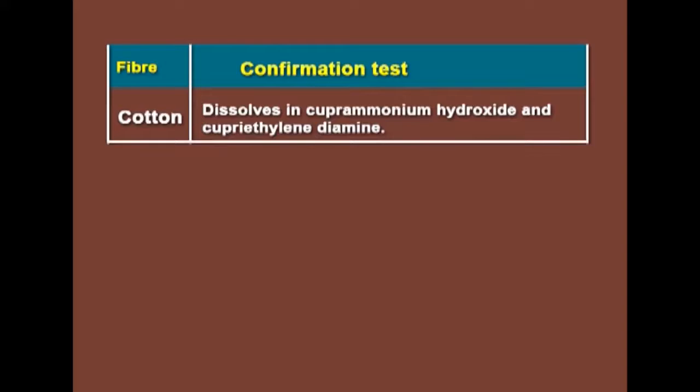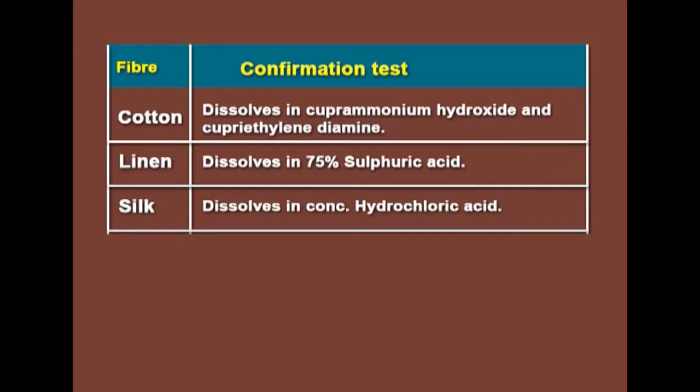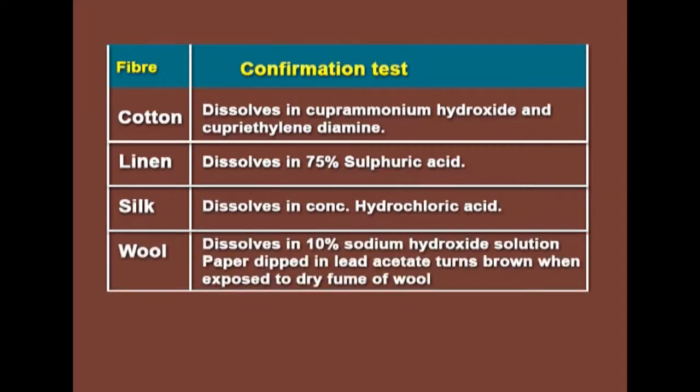the fiber. So, if we take cotton, cotton dissolves in cupra ammonium hydroxide and cuprethylene diamine, and linen fiber dissolves in 75% sulfuric acid. But cotton also dissolves in 75% sulfuric acid, but by other tests we can confirm the linen. If we take silk, silk dissolves in concentrated hydrochloric acid and also it dissolves in 10% sodium hydroxide solution. But wool, if you take, it dissolves in only 10% sodium hydroxide solution, but it does not dissolve in hydrochloric